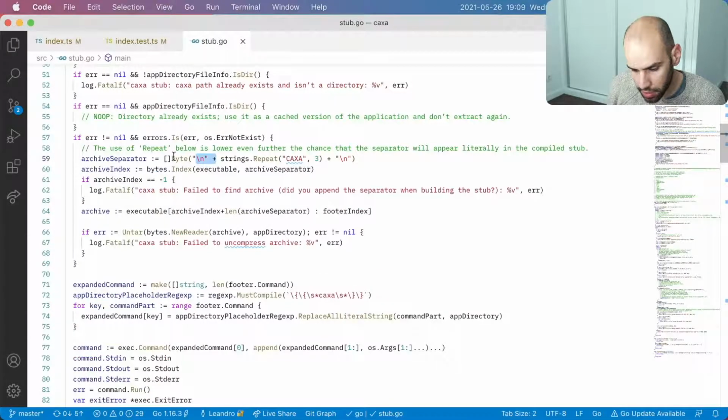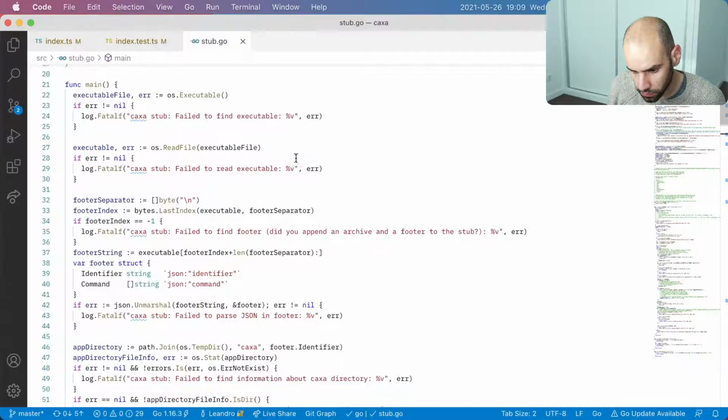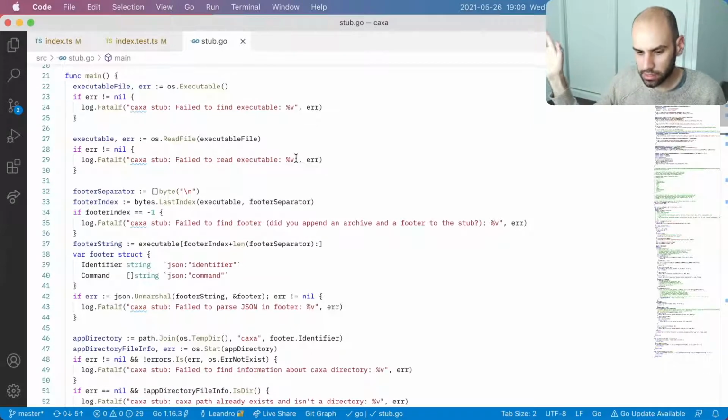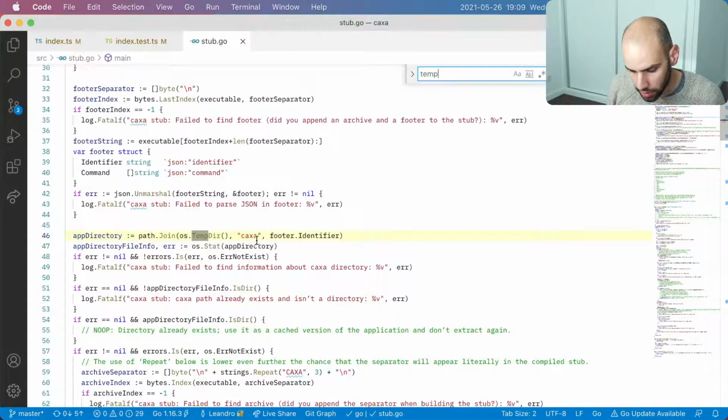And that will be here in the Go program that unpacks the tarball. It will unpack that into a temporary directory. So here there is this temporary directory situation, and here we'll put a runs thing.